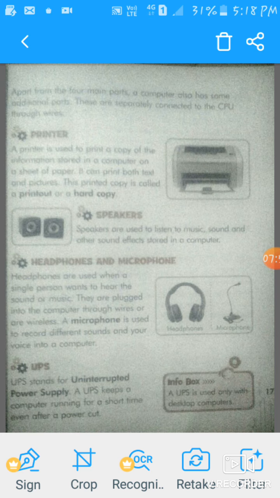Now the next, headphones and microphone. Headphones are used when a single person wants to hear the sound or music, and others do not.